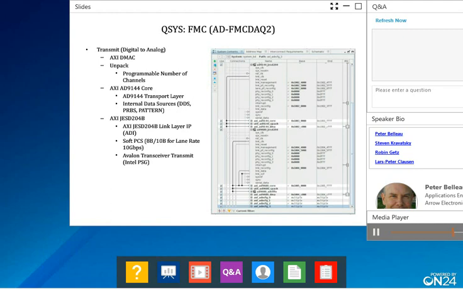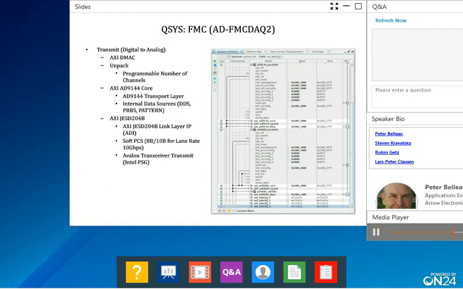In this reference design, it is instantiated with 2 channels to support 2 of the 4 available DAC converters in the AD9144. The Unpack IP block unpacks the DAC data into two individual DAC channels and sends them to the AXI AD9144 core. This core provides a transport layer to communicate the samples to the AXI JESD204B IP core.